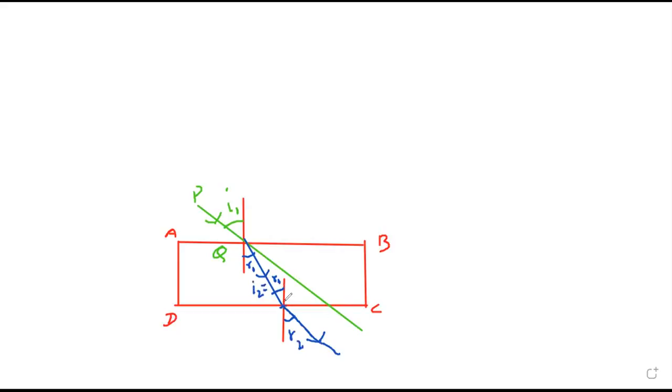Now the perpendicular distance between the two parallel rays is called lateral displacement. So if I draw RM from R, what is RM called? Lateral displacement or lateral shift. The shifting from the original path is called lateral shift. Perpendicular means lateral, along is called longitudinal. So the perpendicular distance between them is called lateral shift. Just draw the diagram, then we'll obtain the formula for lateral shift.